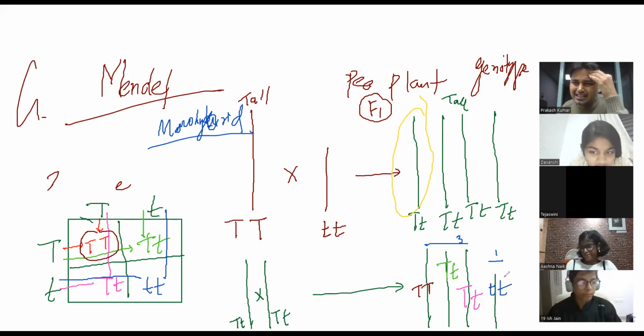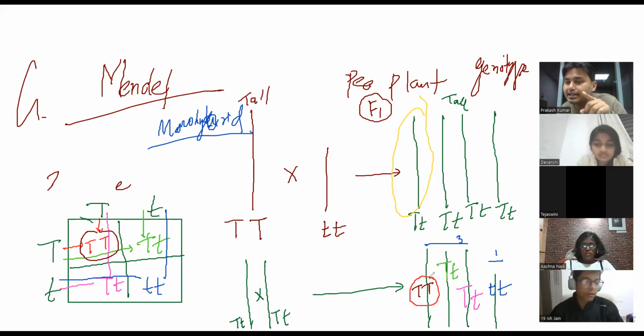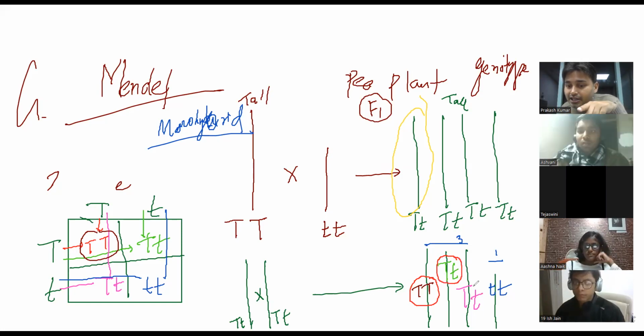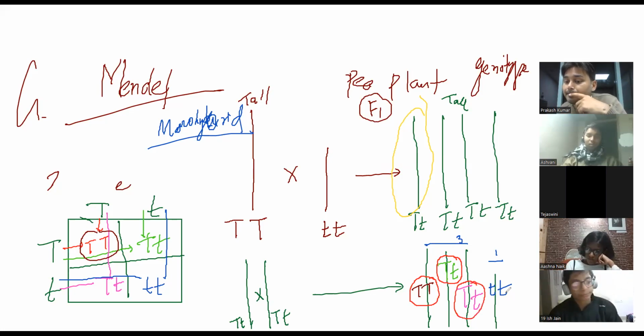अब सर क्या कर रहे हैं, सर पागल कर रहे हैं हम लोग को, ठीक है ना। So what I am trying to say, see this genotype, ये जो टॉल आपको दिख रहा है ना, इसके अंदर सिर्फ और सिर्फ टॉल कैरेक्टर है, स्मॉल टी कैरेक्टर नहीं है। सेकेंड वन में दोनों ही कैरेक्टर्स है, राइट? थर्ड वन में भी दोनों ही कैरेक्टर्स है, but फोर्थ वन में small t, small t दोनों small है. ओनली स्मॉल कैरेक्टर है।